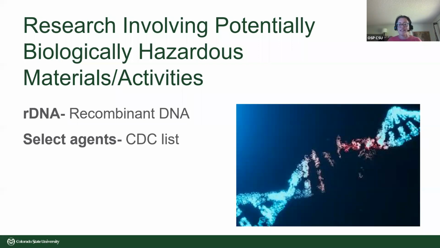This is how we get vaccines. This is how we get human insulin. This is how we get crops that are resistant to certain pests out there. So a lot of research is being done with recombinant DNA. The issue is we don't want this recombinant DNA to eke out into the public, because it can be really potentially harmful. Some really good benefits on one side, but also could have a lot of harm. So there's a lot of regulation around this.